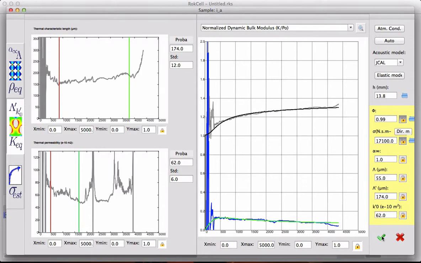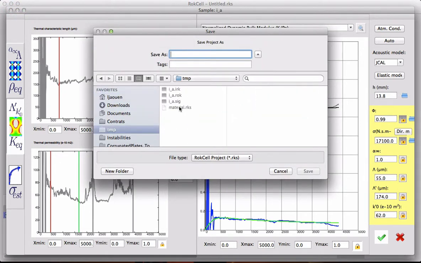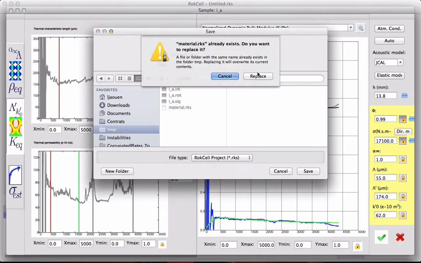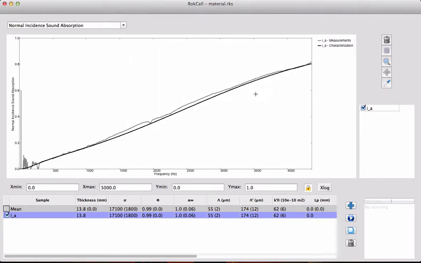characterization, I can click on the green button. If I'm not happy, I click on the red cross. I'm happy, so I click this one. It asks me to save the project, so I will use the RKS file. Okay, the project is saved. And I go back to the main window, where I can see that we have a good